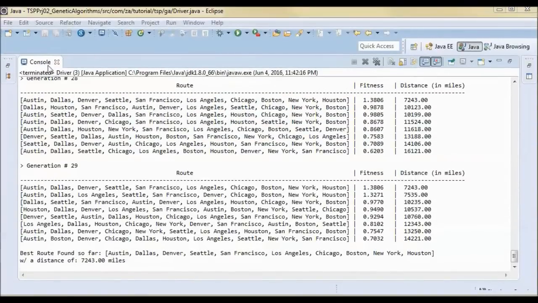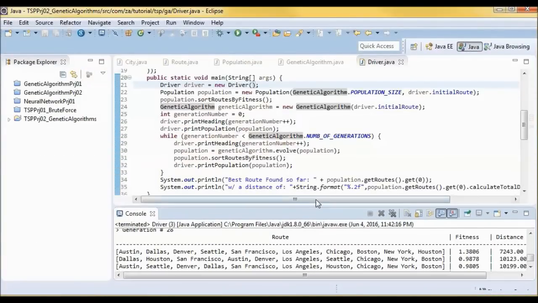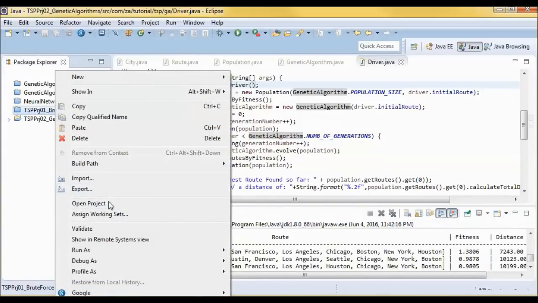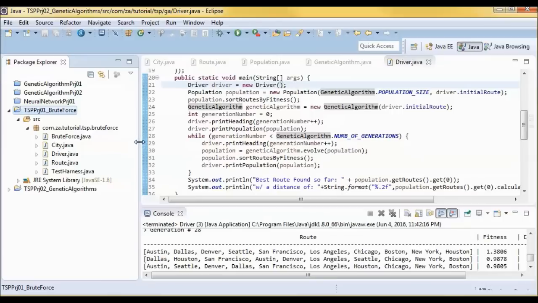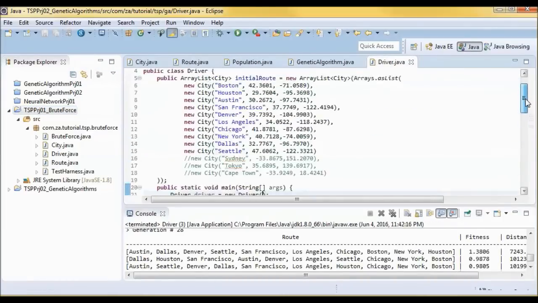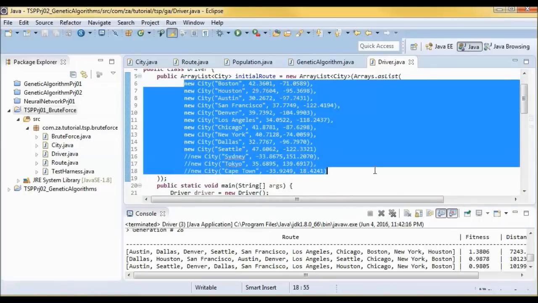And I want to compare this against the exact best distance. So we can obtain that using the brute force code that I've done previously. So let's make sure I have the same cities. Let's copy those from here.